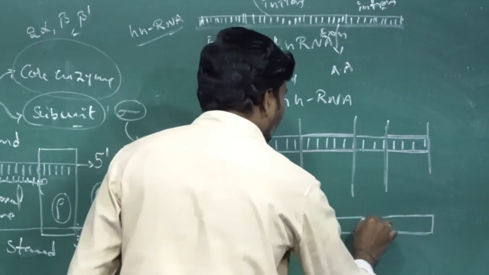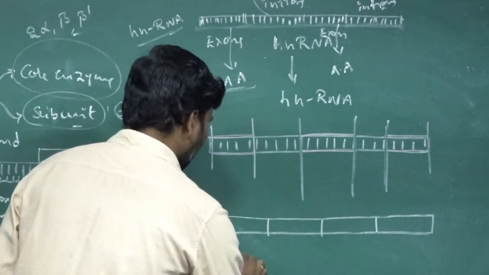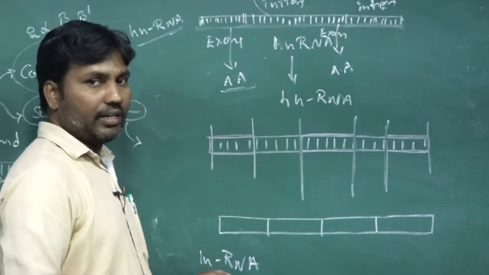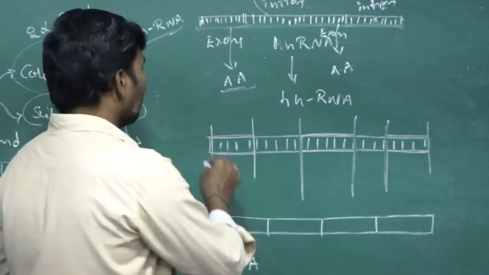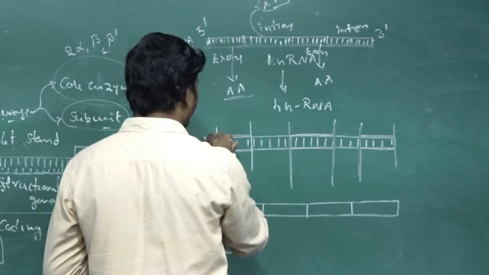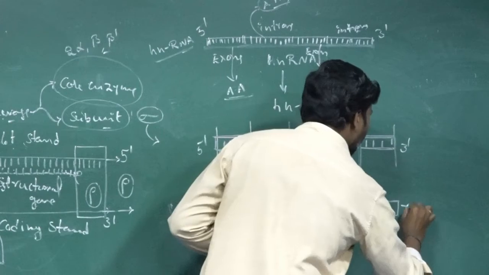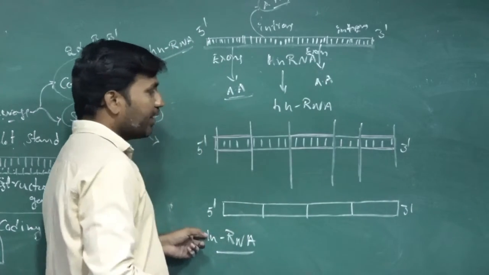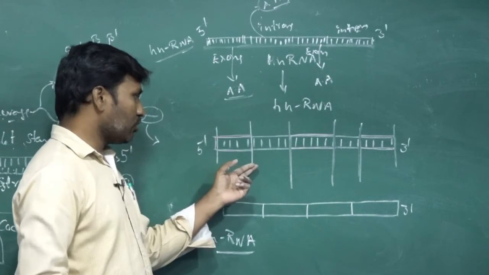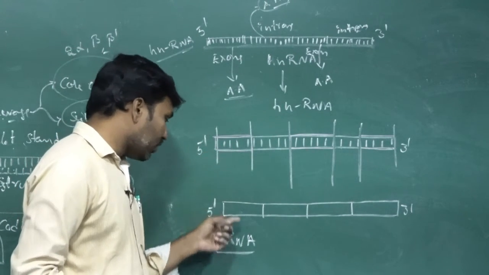Like this, the exons are going to combine and form the mRNA. This is called a processed mRNA. So mRNA is going to form. In all of these, the direction is 5' to 3'. Here also 5' to 3', here also 5' to 3'. The processed mRNA is forming here. After the splicing by spliceosomes, that is the autonomous splicing process, processed hnRNA is going to form mRNA.